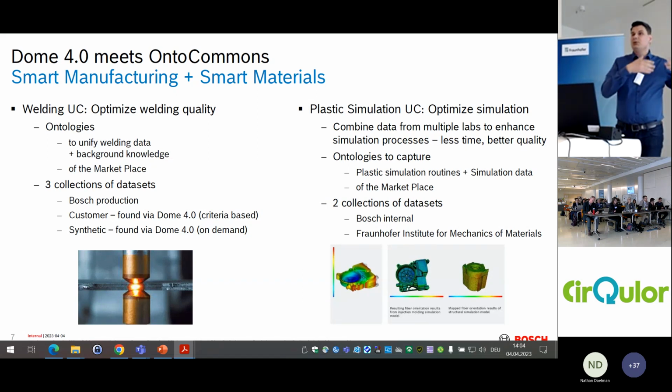These are our demos which we are targeting to be presented on this discovery and the use of data for improving the processes within the DOME project. That's it. So these are the things.